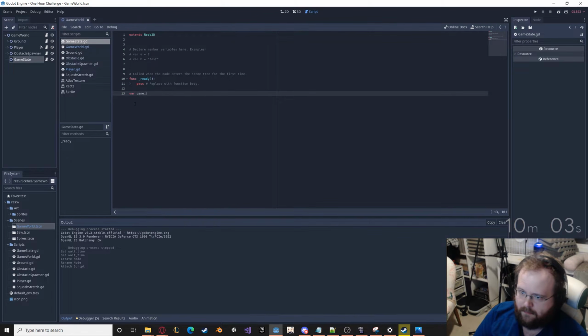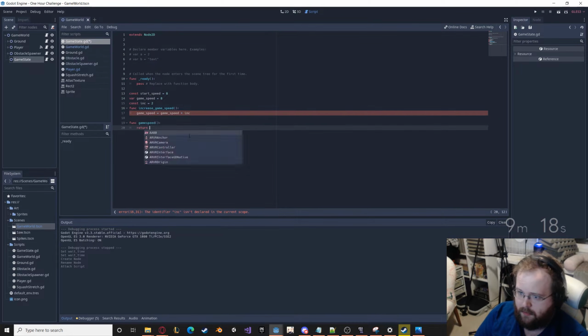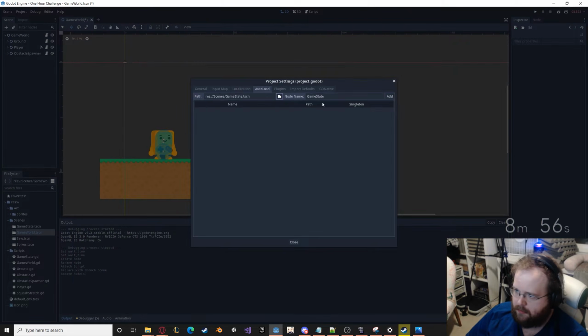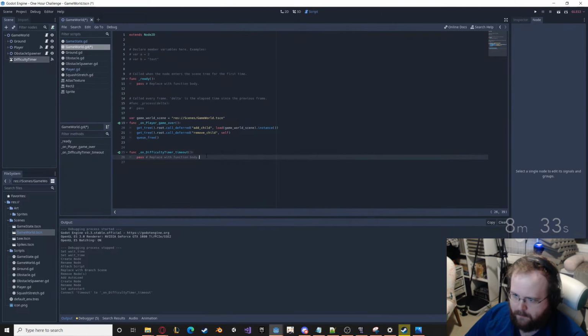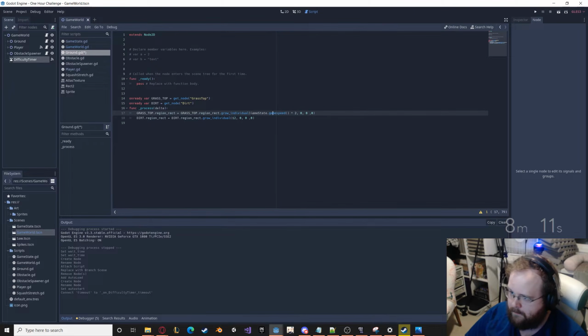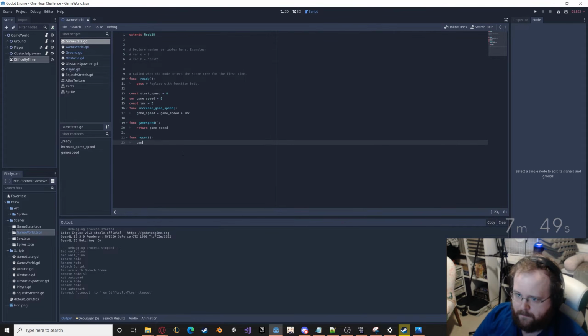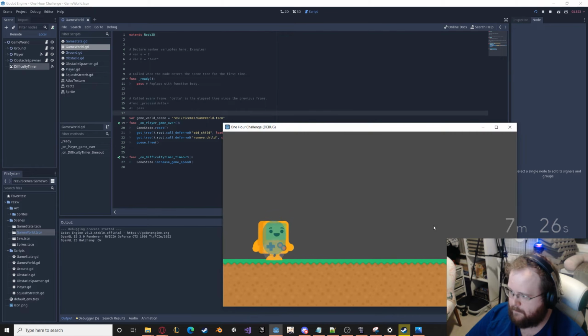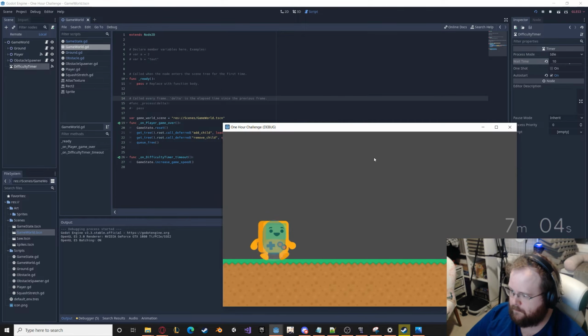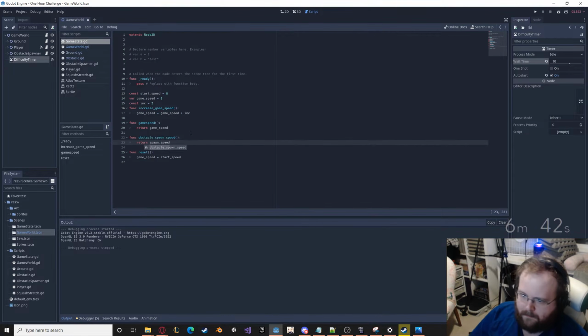So the next thing I need to add is the actual game design bit, and with only 10 minutes left, I'm cutting it pretty close because I need to add ramping difficulty on both the number of obstacles that spawn and how fast the map moves. And right now, all the movement is hard-coded in. I used magic numbers instead of actually defining the move speed for the ground or the obstacles or anything at all. So I got a lot of work to do in these last 10 minutes to make the game actually